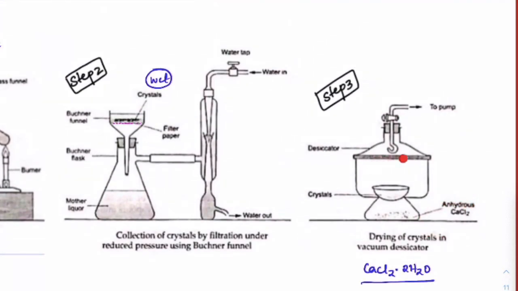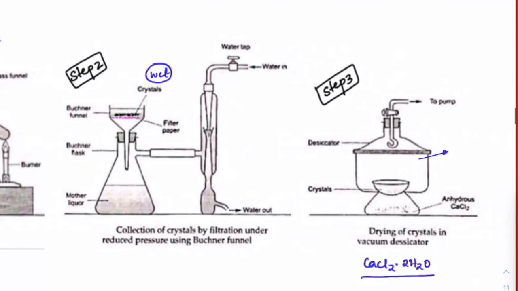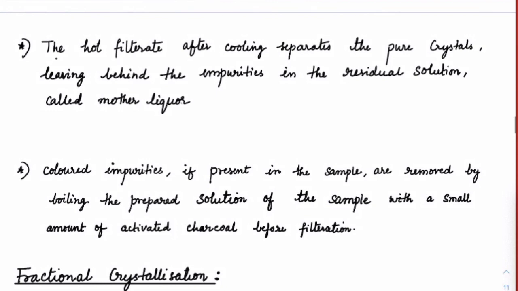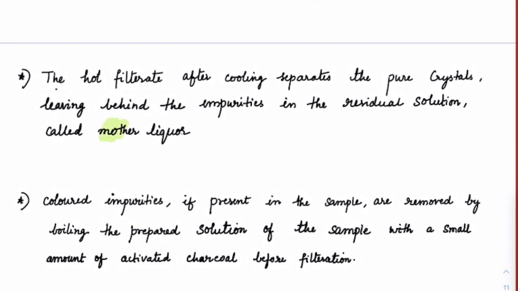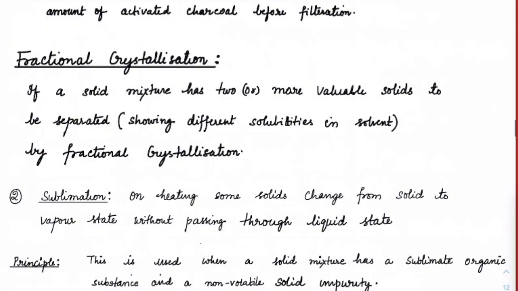So, in case there is any moisture, it will completely absorb the moisture, and also if there are some gases which are present, see, you are heating here, correct? So, there might be some gases like sulfur dioxide, got it? Some oxygen, some carbon dioxide that may be present, that might be stuck in the crystals, got it? And those will slowly come out of it. Okay. So, eventually what we have is a pure crystal form which is completely dry. Now, that is about it. I told you one important terminology here, which is mother liquor. Okay. Yes, beta.